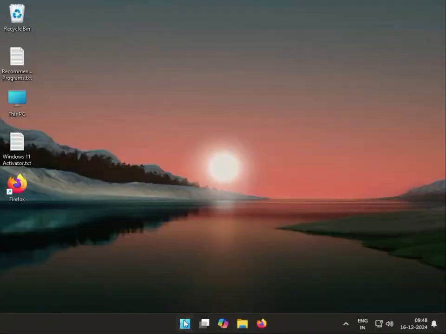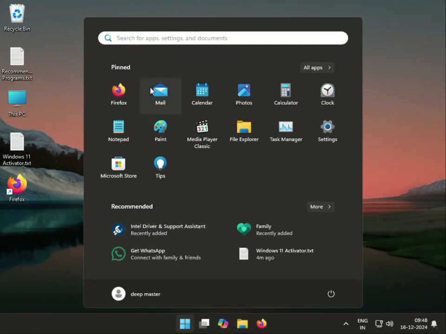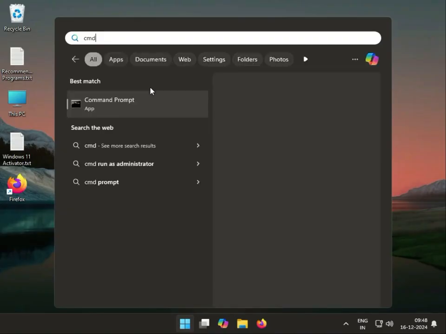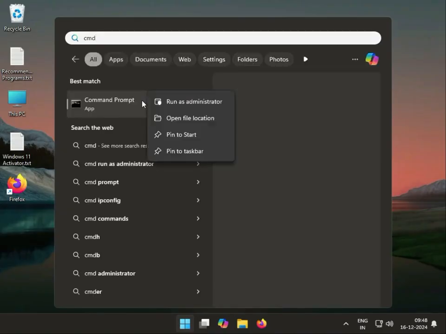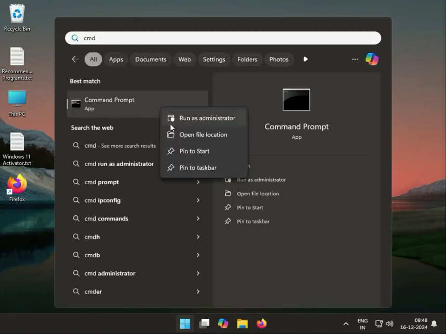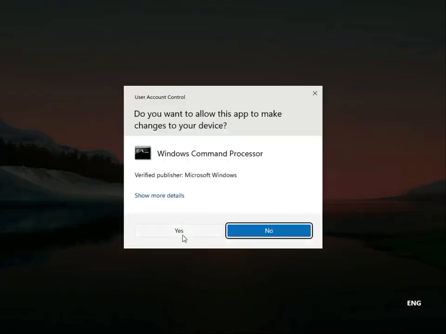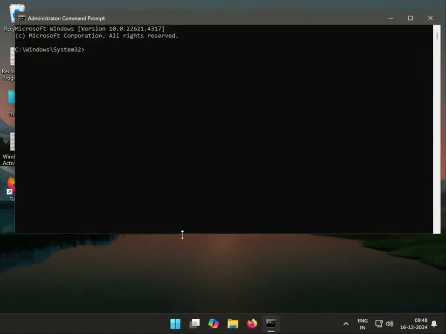So guys, how to run chkdsk? Click Start and type cmd and right click to run as administrator. Then click Yes for administrator rights. Type chkdsk